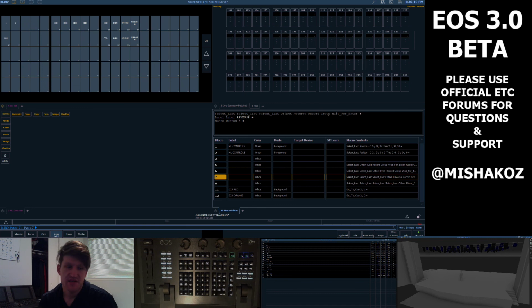Because I always wanted to select the first group. So what I want to know is what is it doing here that it didn't select. So if I'm in group 1 and I select last, then I'm going to get group 1. If I am in group 2, or if I'm selecting last from macro 6, then I'm going to get even. And then I wonder if I do this. I wonder if I